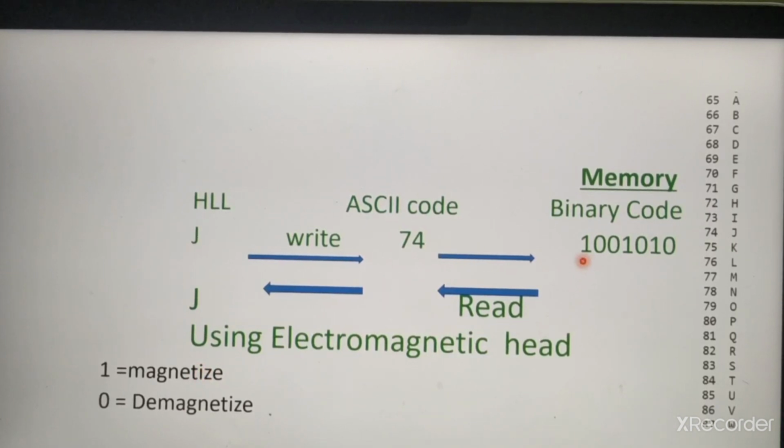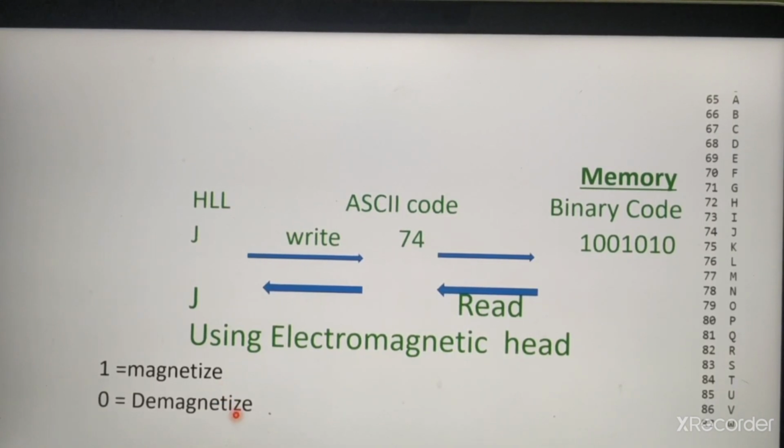To write 0, this will be converted into demagnetization. Again, if you want to write 1, this will be converted into magnetization. So based on this magnetization and demagnetization only, it writes the information into the memory. So it is called a magnetic disk.